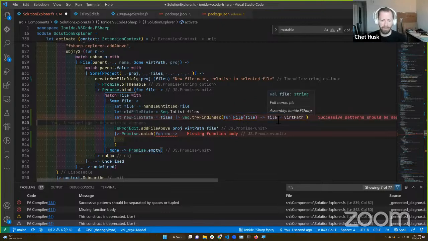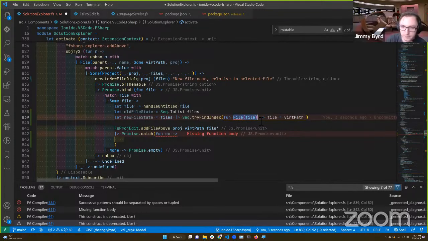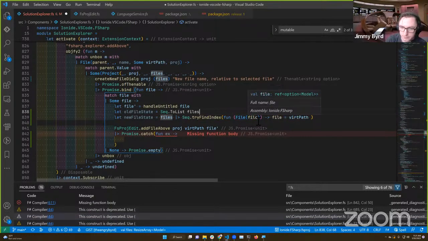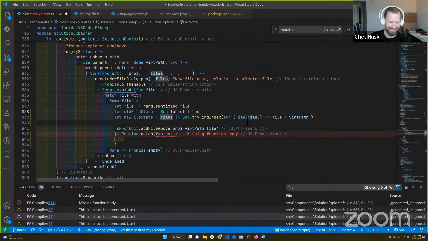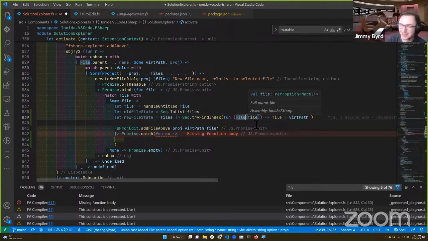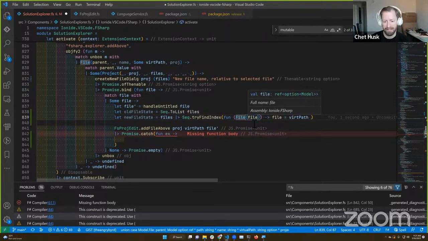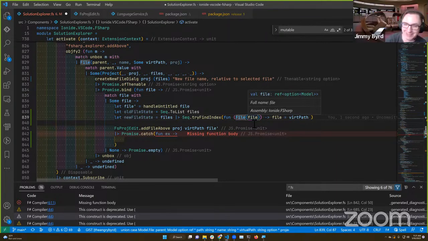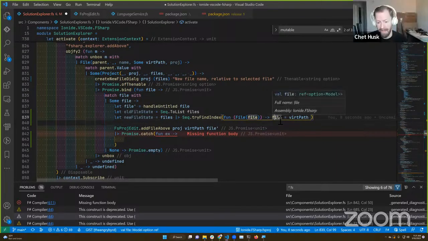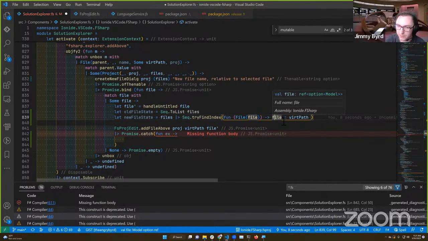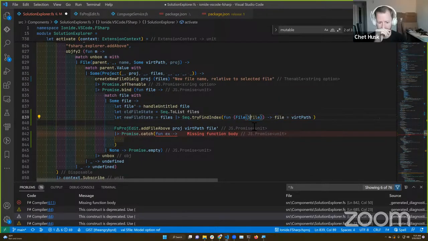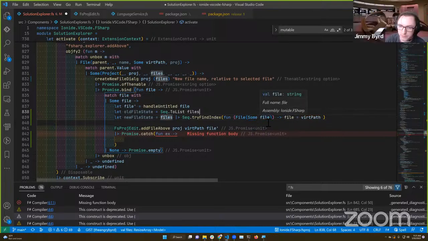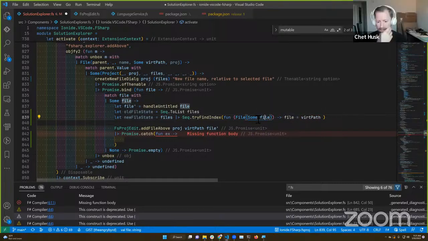And then you've got to wrap that whole thing in parens too. That's why it's complaining. Do we have a quick fix for that yet? Probably wrap everything in parens. You've got to match on it as well because it could be an option model. So it's a ref of option model. Do we have to deal with the ref here? So that you get a Some. Is that good enough? Yeah.